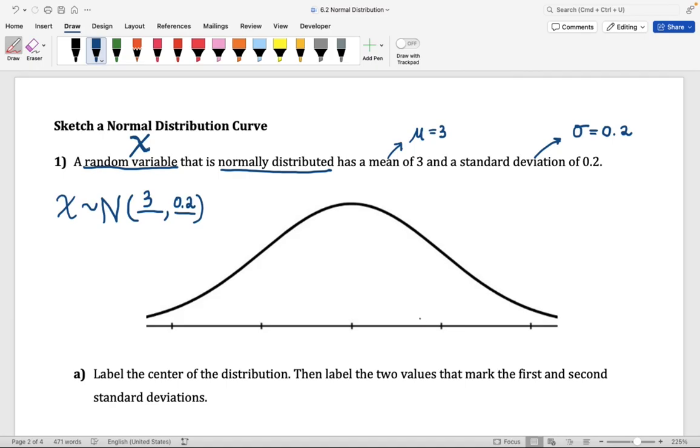So with that information, we can go ahead and create the curve. Here, I went ahead and sketched the curve for you. That way we are able to stay a little bit more organized. Here, we're mainly focusing on finishing this sketch, making sure that everything's labeled. If we're going to label this distribution, we're going to place the mean at the center of the distribution. Then we're going to label at least 2 standard deviations. So let's go ahead and do that. If I want to label the first standard deviation to the right, I need to go ahead and take the mean plus the standard deviation. Here I'm going to write 3 plus 0.2. If we go ahead and add those values, we get 3.2.